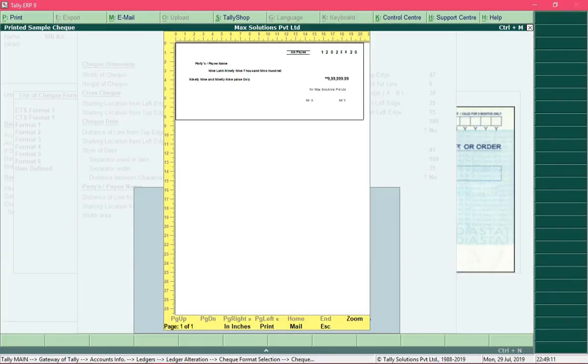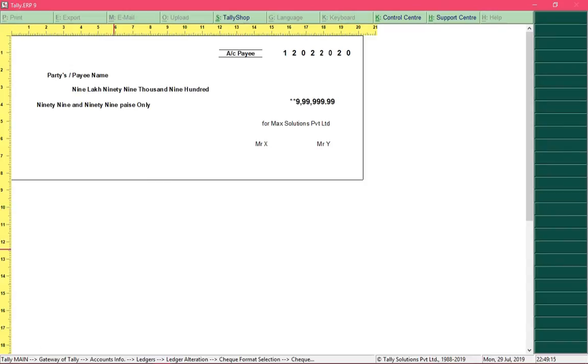Over here you can click on the text zoom in order to zoom in, and by previewing the check you can guess how the check would be printed and what information it would contain.